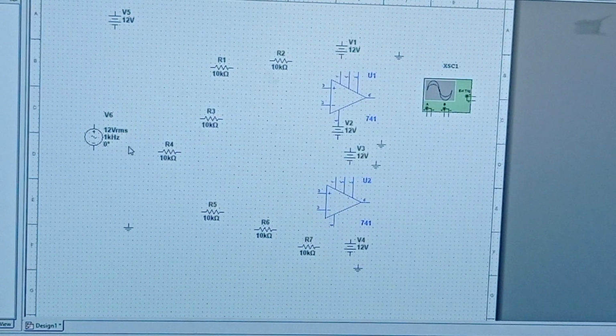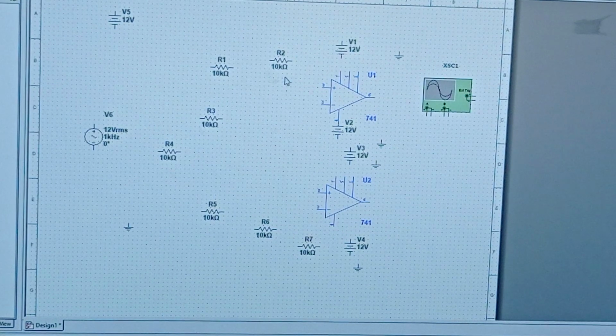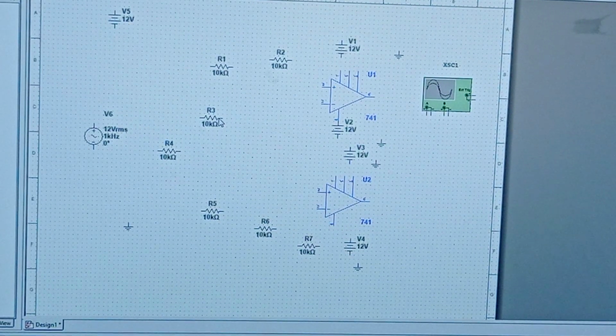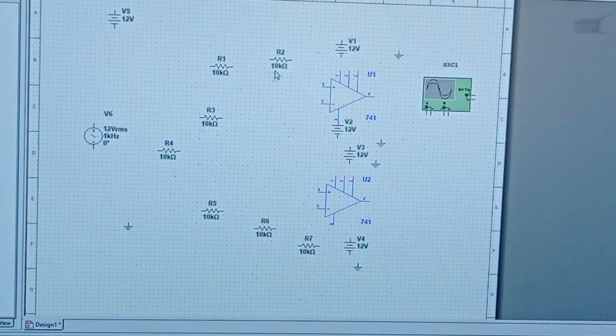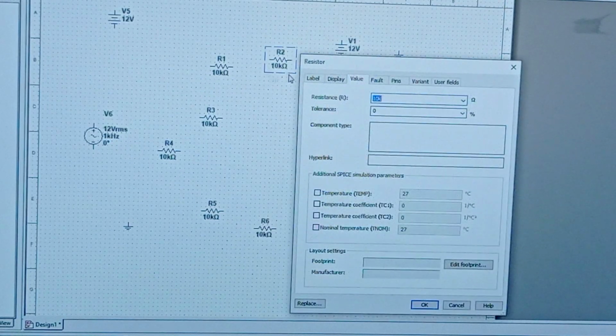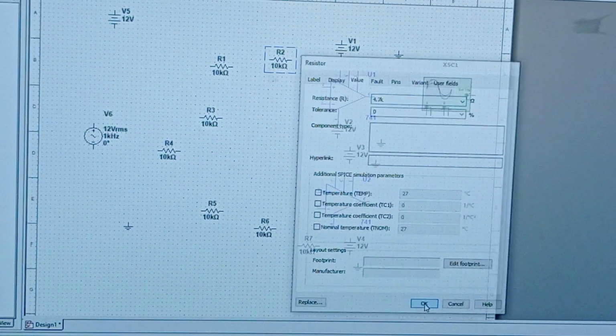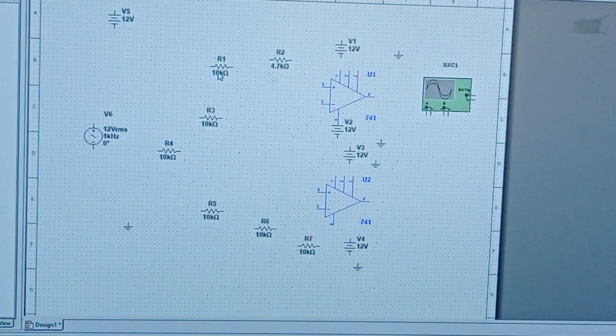Okay, change this value, and according to the circuit design, change the required resistors. Here we need a 4.7 kilo ohm resistor, so change this to 4.7, and one resistor 6.8 kilo ohm.